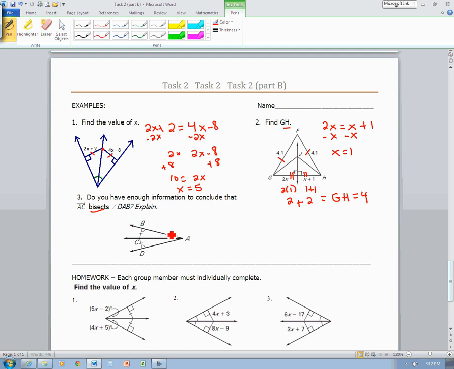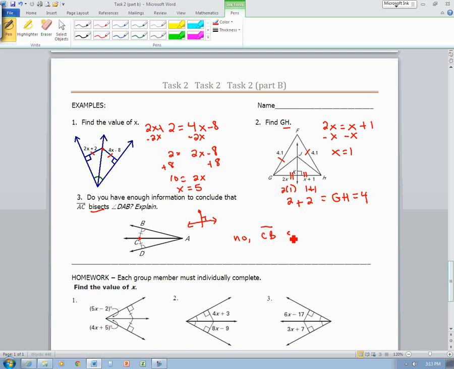So for this to be an angle bisector, the picture has to look like number 1. So for it to be an angle bisector, this point C would have to be equidistant to both sides. And we talked in class about how the distance from a point to a side has to be perpendicular. The shortest distance from a point to a side. Okay, and that is not perpendicular, so we would say no, because CB